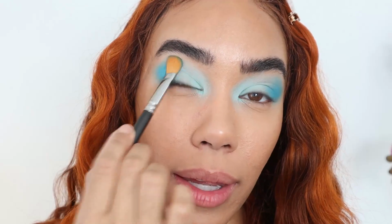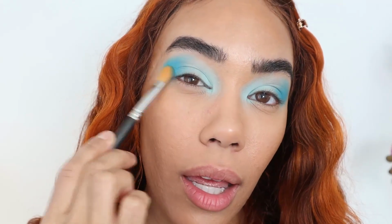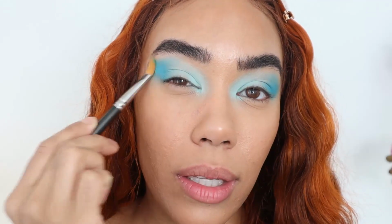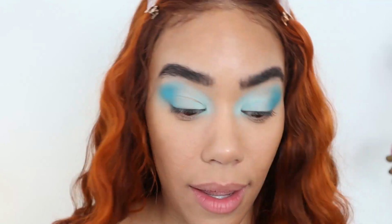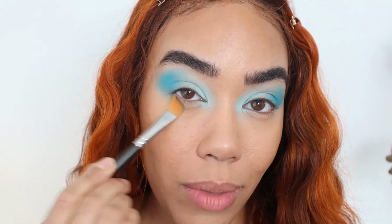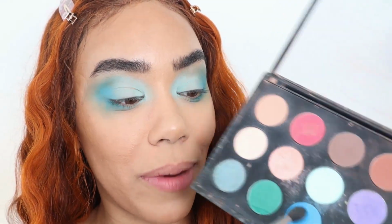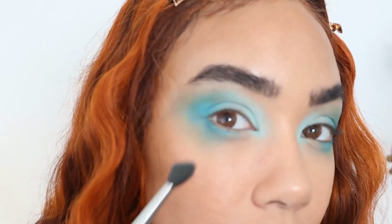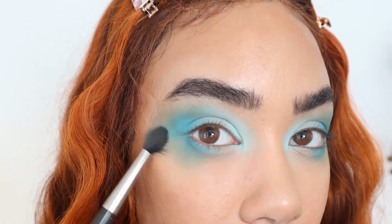I always feel like playing in makeup is a really therapeutic thing for me, and I really miss that, you know, I used to do it a lot more. I don't do it anywhere near as much, but I still have a lot of fun when I make the time to do it. We are just taking that same shade with a fluffier brush, and I'm just fanning out the edges because I want these edges to be really soft,